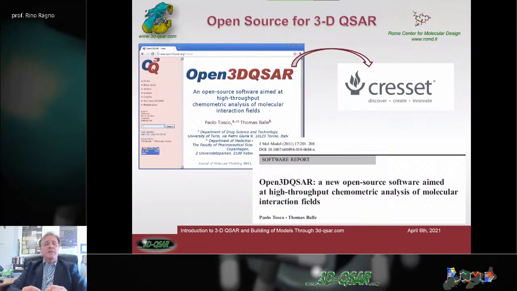What was the trick? For 20 years, CoMFA prevented any 3D QSAR development because they made a patent application. So for 20 years, no one in the world was allowed to make the application of MIF and PLS technology together. But in 2011, the patent dropped, and the very first open 3D QSAR application appeared, by Paolo Tosco and